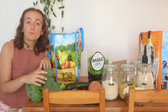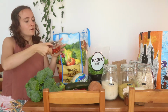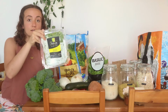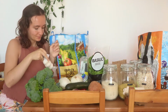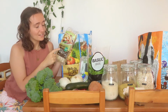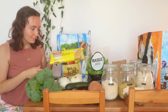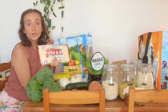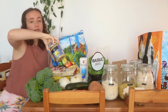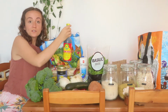3 bunches of broccoli, cauliflower, which is unfortunately wrapped in plastic, some cherry tomatoes, 2 white onions, some arugula, and some garlic. Moving on to the rest of the groceries, some thick rice noodles that they call rice sticks here. I don't know if they call them that everywhere, but these are really good. Big thing of spaghetti, black beans, udon noodles, some salt because we have run out of that, tahini, a little bit of almond milk, new soy sauce because we ran out,